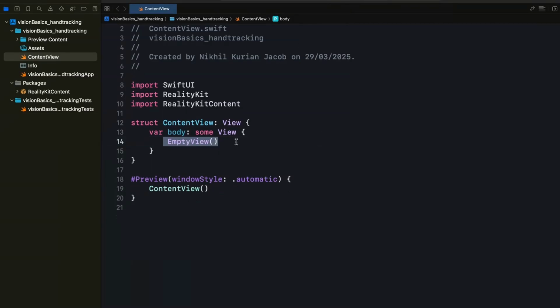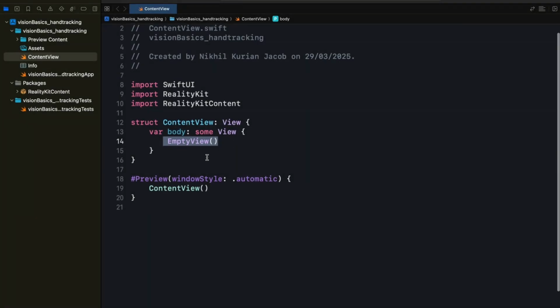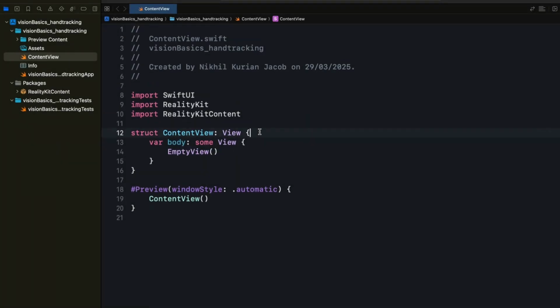And the reason why I got rid of the preview canvas is because here we're doing ARKit based hand tracking. Any kind of ARKit based tracking won't work in the simulator or the preview. You need an actual device. So there's no point in using it. Great. So first, what I'm going to do is programmatically create a 3D model of a sphere,